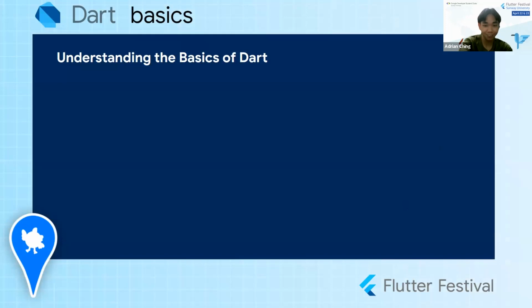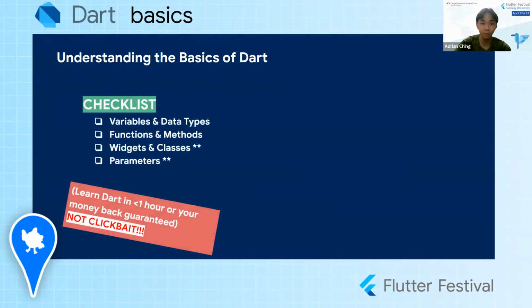But first, I know all of you want to build a Flutter app, right? But in order to use Flutter easily and correctly, we need to learn the Dart basics. Otherwise, you'll be suffering like me, trying to rely on trial and error when I first started, and that's not a good look. So today we will only be covering what's necessary to start using Flutter.